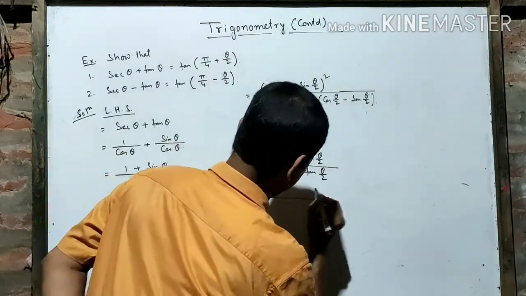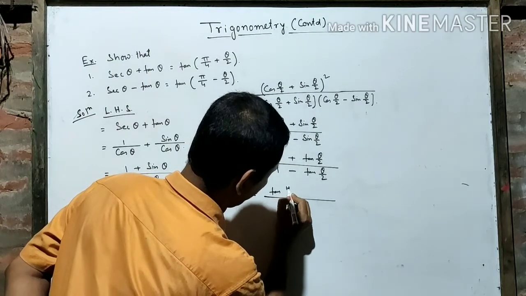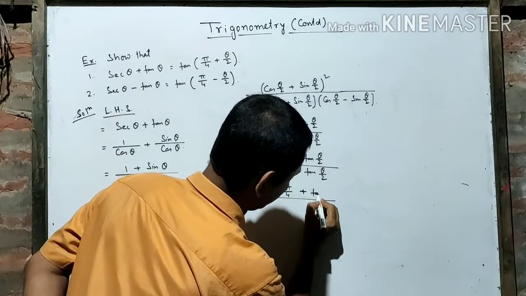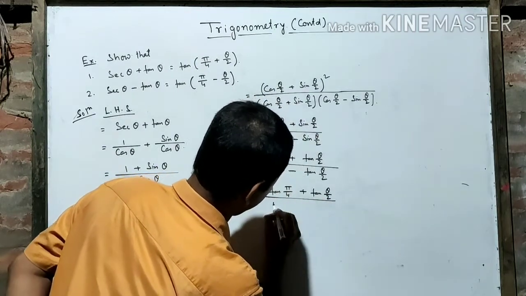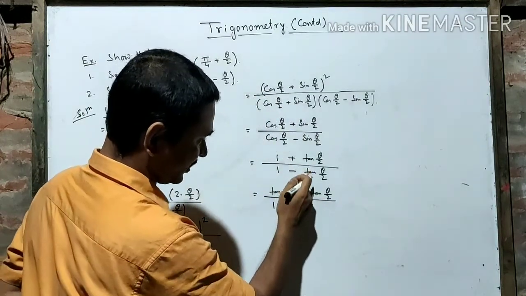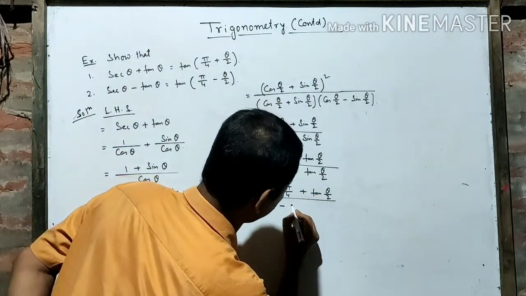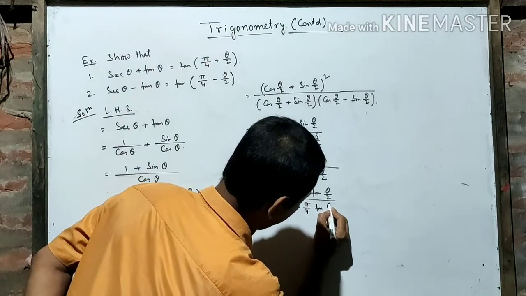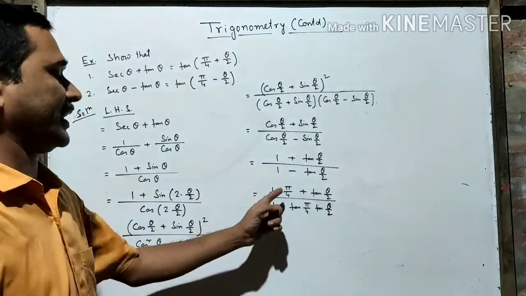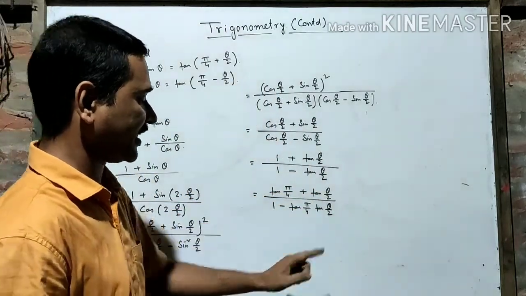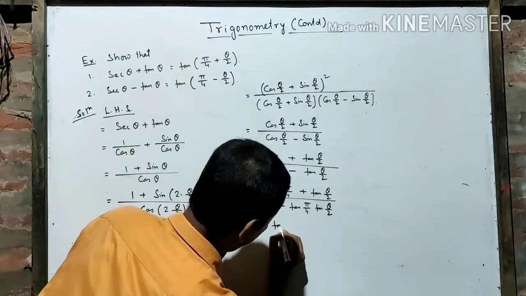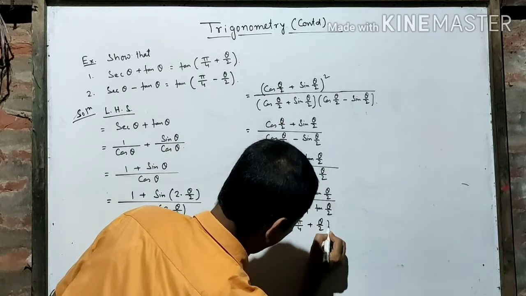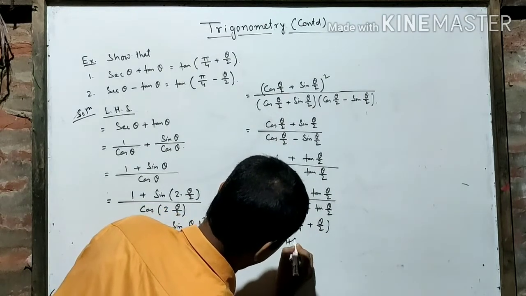Now this one can be written as tan 45 degree, means tan π/4, plus tan θ/2 divided by 1 minus, here is a 1 into, we may suppose that, so 1 is again tan π/4. We have used the technique earlier also. So this is of the form (tan A plus tan B) divided by (1 minus tan A tan B), which is equal to tan of (A plus B), and this is the right hand side.